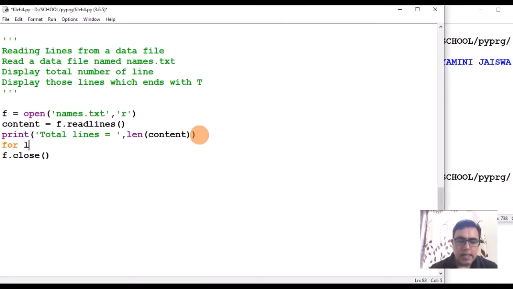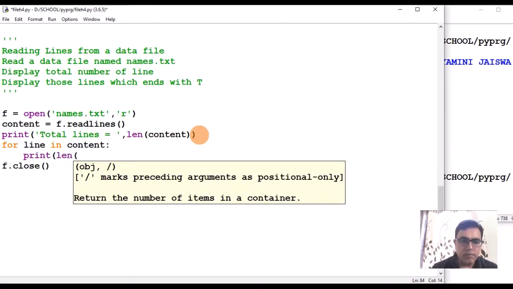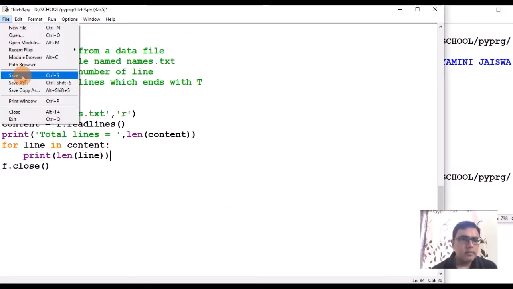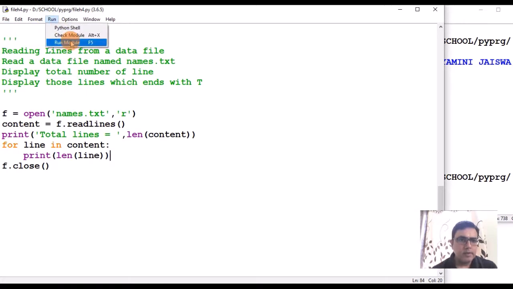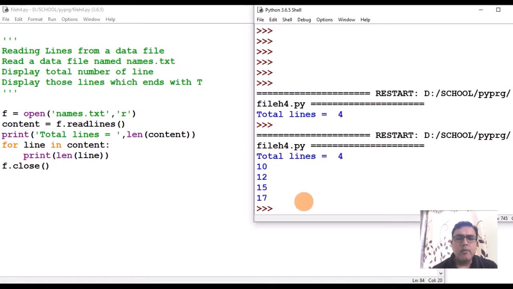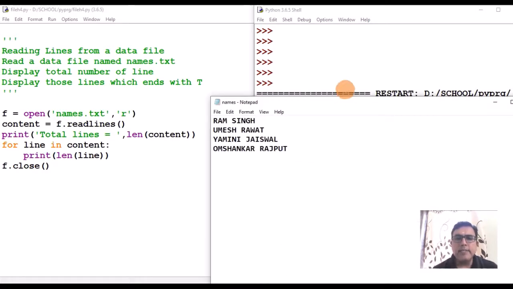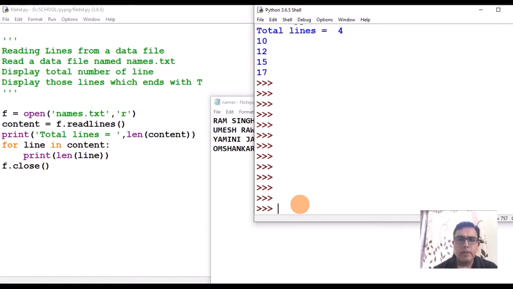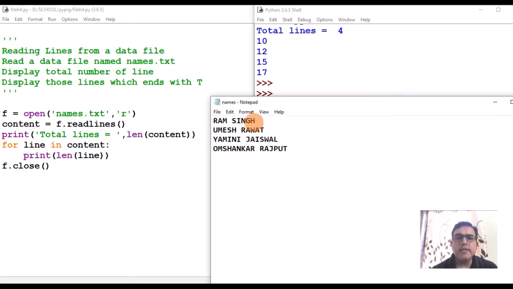For line in content, print len of line. Save. Run. Now the length of the first line is showing 10.